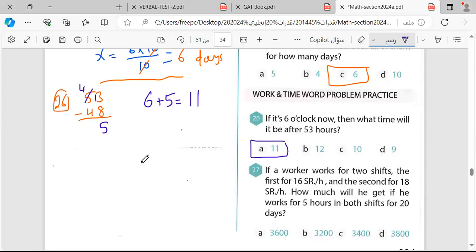Is it clear, آية؟ قولي نو. صح؟ بعدش ما شفت السؤال صح؟